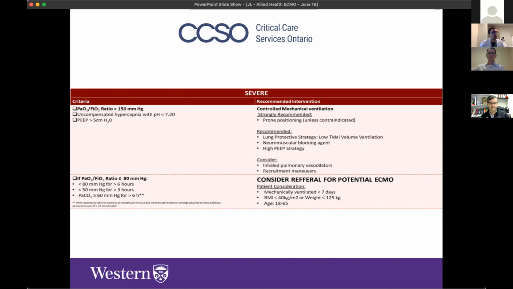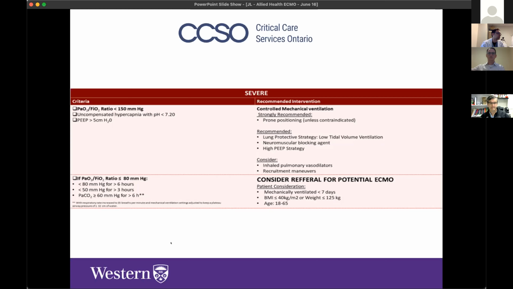Because often someone starting out with severe hypercapnia or hypoxia, if we do some of these things, they will improve significantly, and obviously prone positioning likely has less risk to the patient than having them anticoagulated on ECMO for a significant amount of time. So if you look at the bottom here, if the patient's PF ratio is less than 80 for 6 hours or less than 50 for 3 hours, or if their PCO2 is greater than 60 for greater than 6 hours,